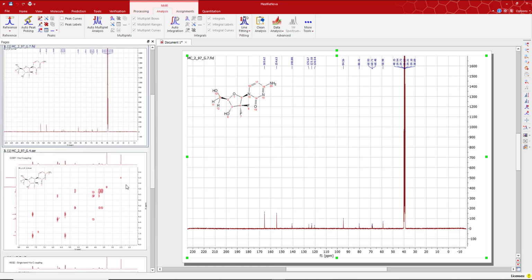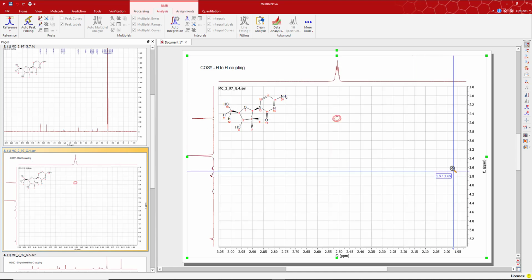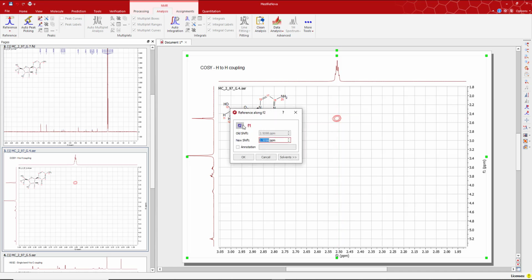I also want to reference my 2D spectra. It's a little bit different referencing 2D because you have to make sure that you're referencing along both the X and Y axis. So I'm again going to go to that DMSO peak, hit reference, and click in the center of it. And you see the reference window here looks a little bit different because it's asking for F2 and F1, so both the X and Y axis. I'm going to hit